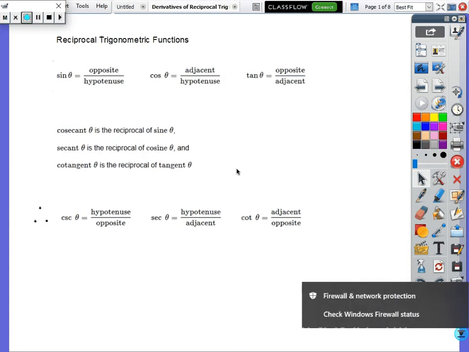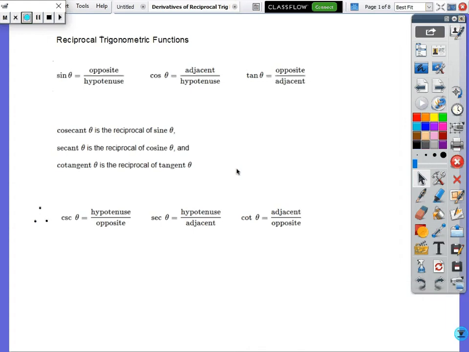Hi, we're looking at the derivative of reciprocal trig functions. Reciprocal just means not inverse, but upside down of the original. So we know, for instance, that sine is opposite over hypotenuse, cos is adjacent over hypotenuse, and tan is opposite over adjacent. So cosecant is the reciprocal of sine, and the way to remember it is look at the third